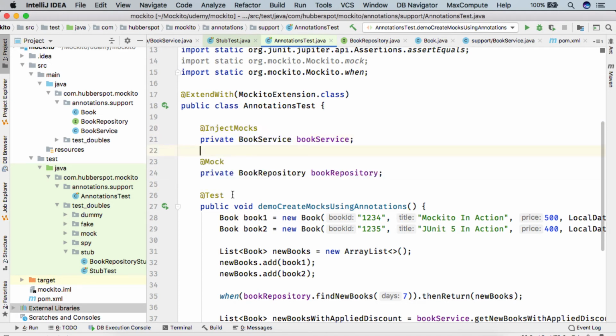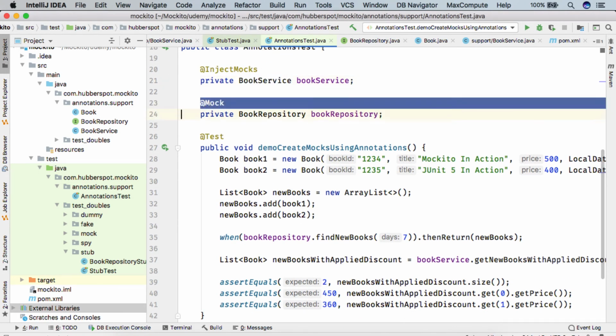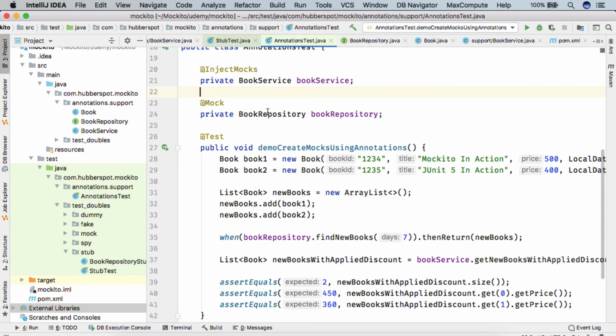So when Mockito sees @InjectMocks annotation, it can come to know that we are using book service class as our class under test. And when it sees @Mock, it can come to know that this book repository is to be mocked and injected into the book service class.